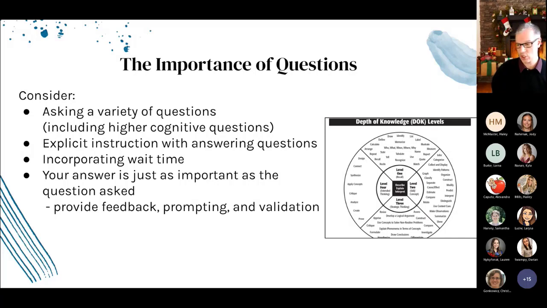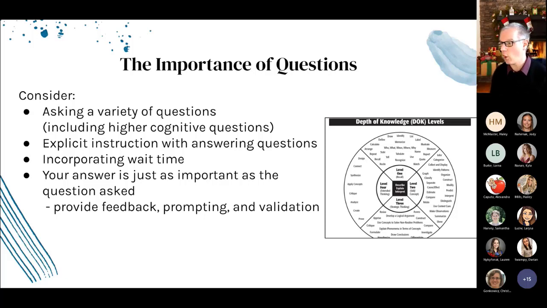If you ask a question and you just give an answer, or you let the first student answer the question, it really doesn't help the rest of the group. So that wait time is really important, especially if it's a question that needs some thinking. Then ask the question, make sure that they're raising their hand, wait for it, let lots of hands go up so that they all have lots of answers. And then that way, that